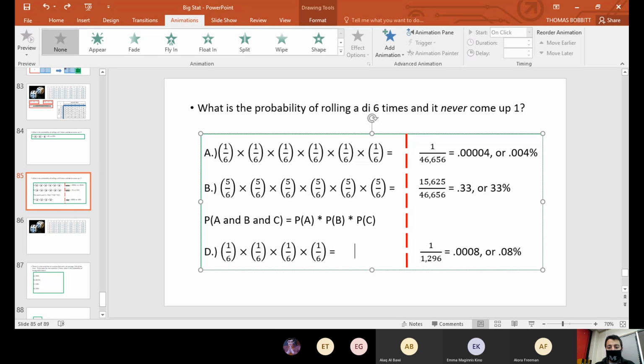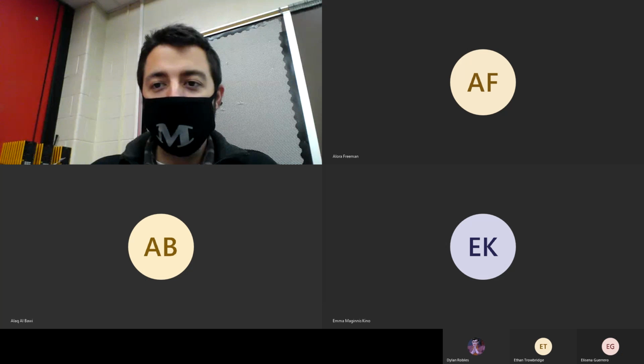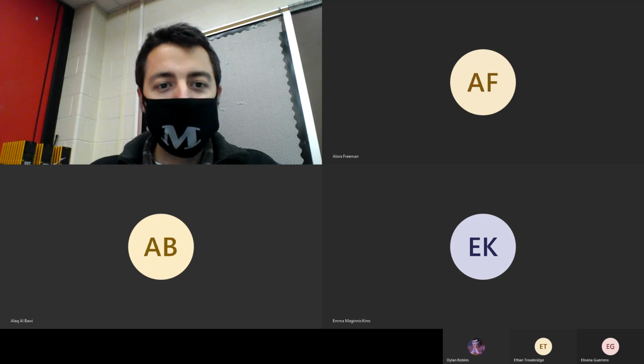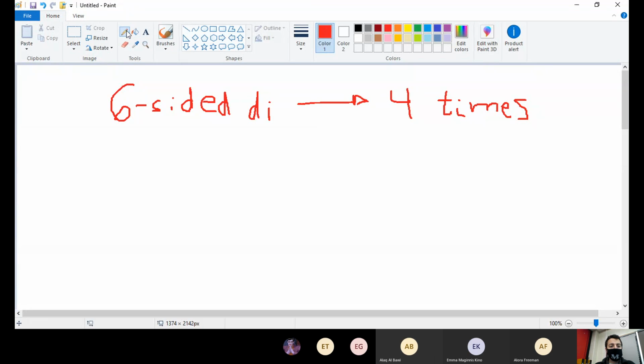Now I want to show you guys another way that I hope will make this really clear to you guys. So I'm going to stop sharing my screen, and I'm going to share it again. We're going to go into good old Paint. All right, so let's say that I roll a die 4 times now, making it a little bit simpler. But what's the probability that when I roll this normal 6-sided die 4 times,